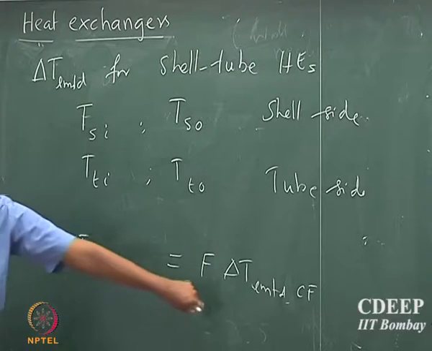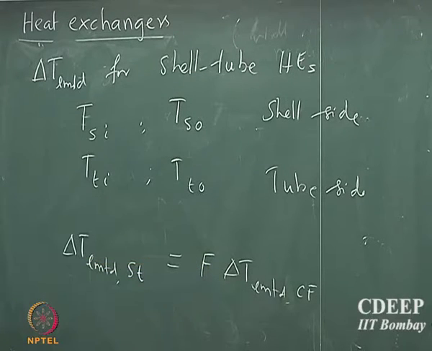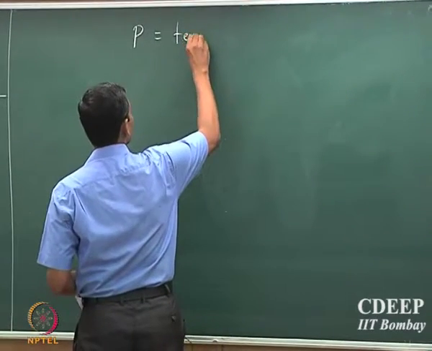What I am going to sketch is what this fraction f is, and, from a practical point of view, how you can use this f in estimating the delta T LMTD for a shell and tube heat exchanger. To do that, we need to define two quantities. One is called P, which I think is called the thermal efficiency or temperature efficiency,